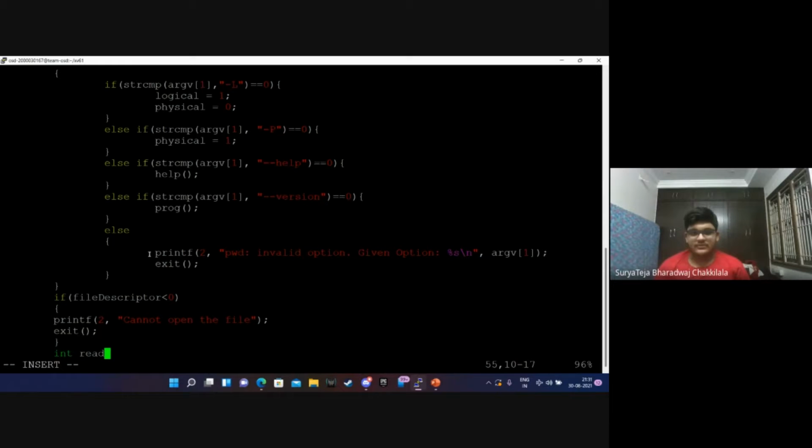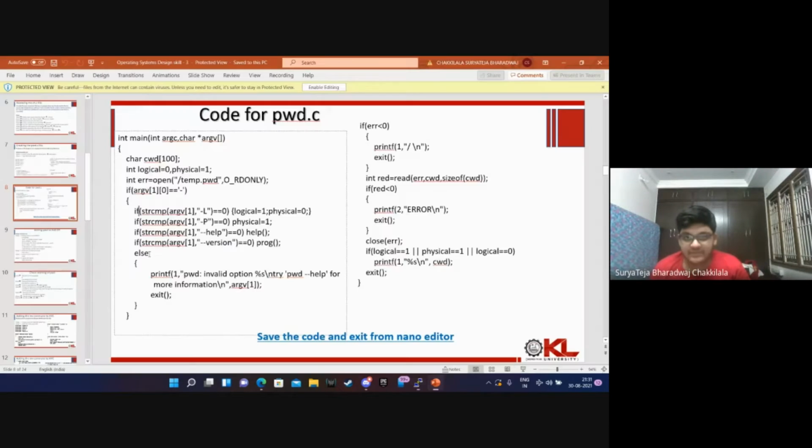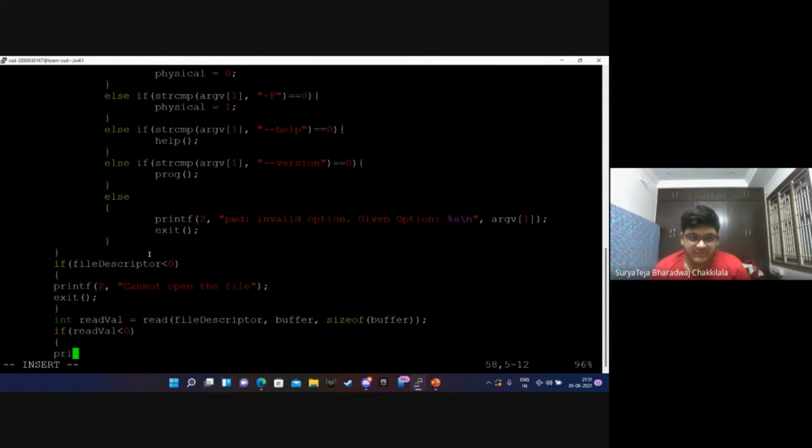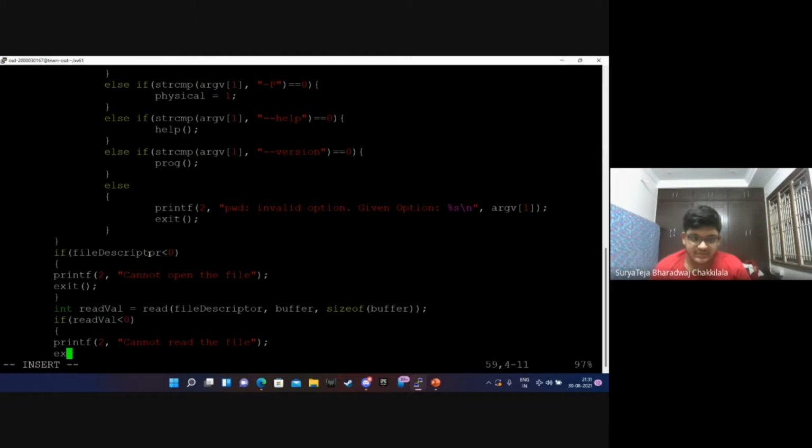Read: read val is equal to read of file descriptor, comma buffer, comma size of buffer. This is the syntax for read. So nothing. If read val is less than 0 then printf 2 comma cannot read the file, exit.